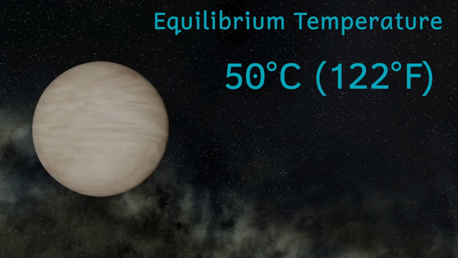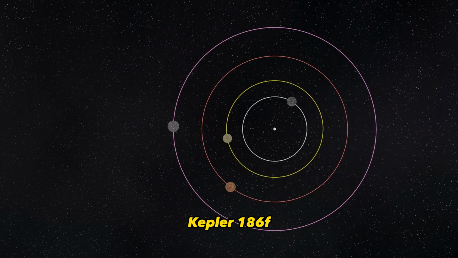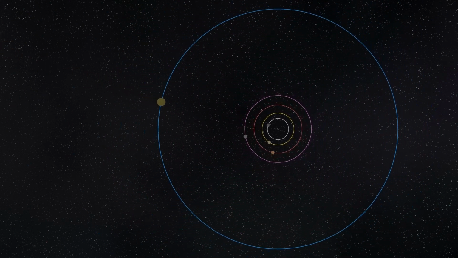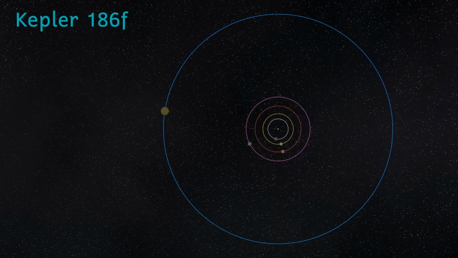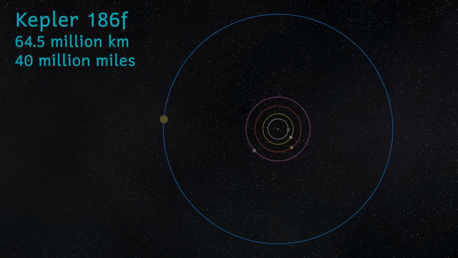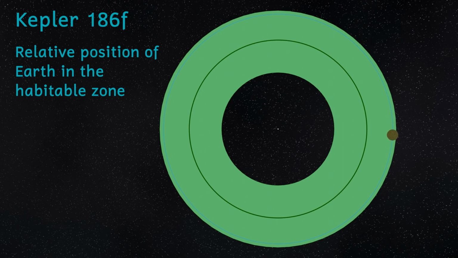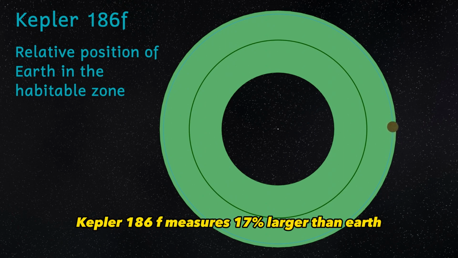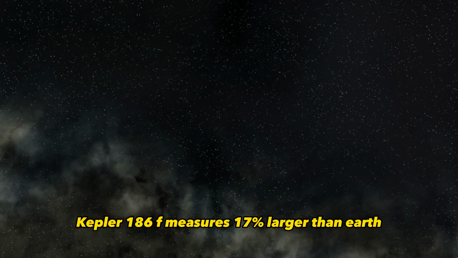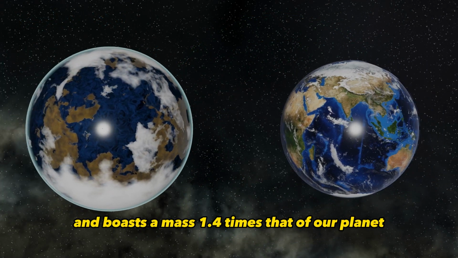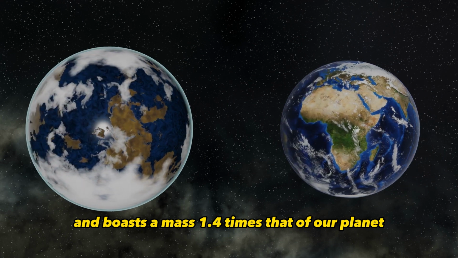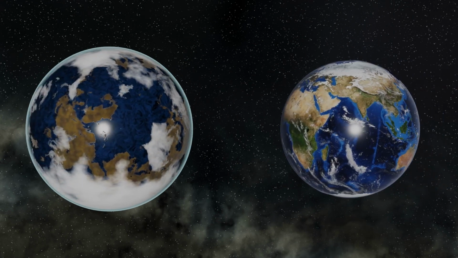Finally, we reach our main point of interest, Kepler 186f. This planet orbits at a distance of 0.43 astronomical units, or roughly 64.5 million kilometers, slightly beyond the orbit of Mercury in our solar system. While Kepler 186f resides within the habitable zone, it hugs the outer edge, much farther from the star than Earth is from the habitable zone of our Sun. Kepler 186f measures 17% larger than Earth in terms of size and boasts a mass 1.4 times that of our planet. Consequently, it exhibits a surface gravity approximately